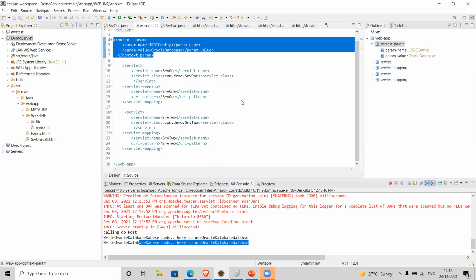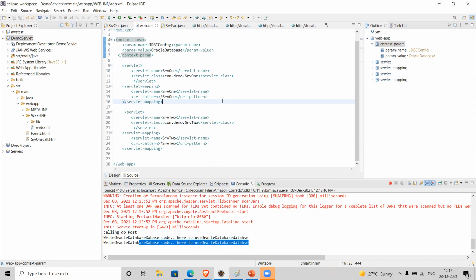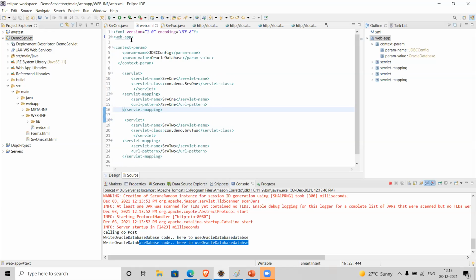It defines the entire web application and what configurations are used here. Based on this, the server will identify which servlet context object it has to create, which servlet config object it has to create, and which servlet it has to execute.